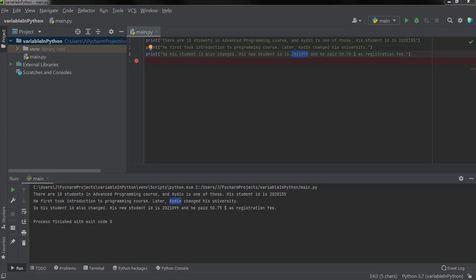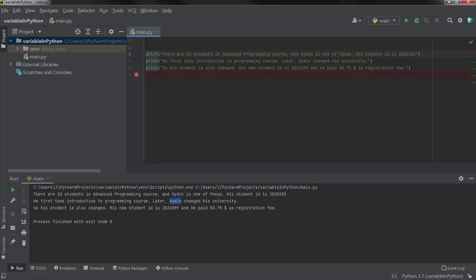So I'm gonna show you guys how we can create a variable for the student name, student ID, or fee. I'm gonna go at the top of this program and write student name, and let's change it to Ahmad.